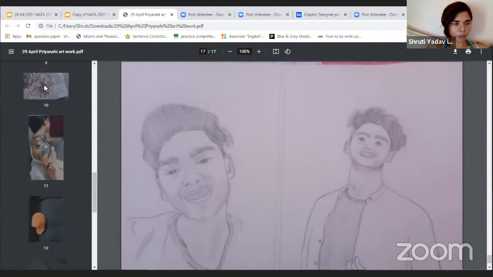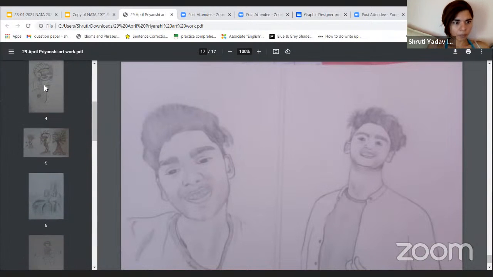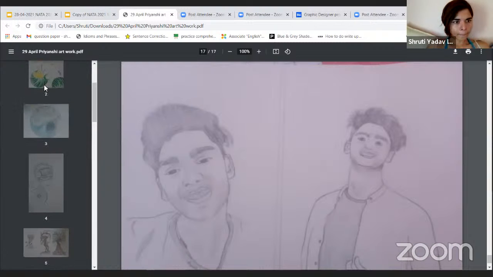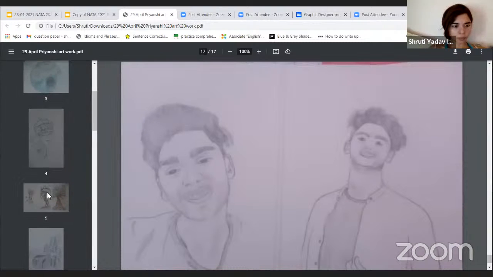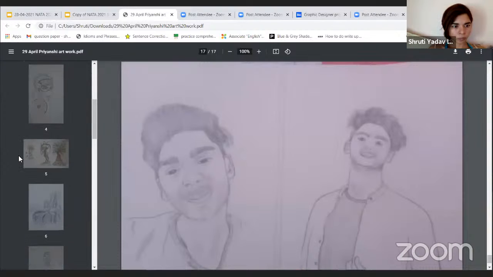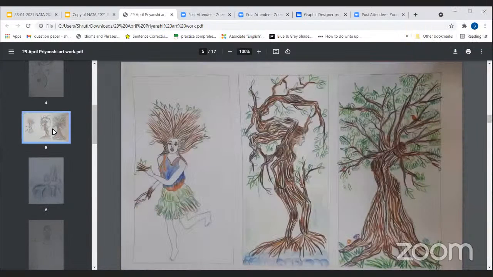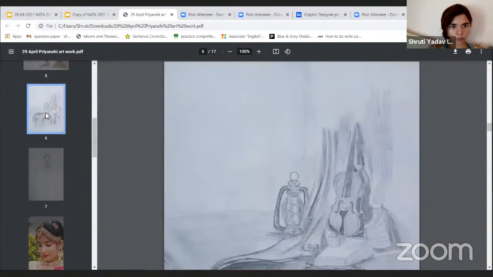Which one is your favorite artwork, Priyanshi? The pencil sketch one. Nataraj. This one.